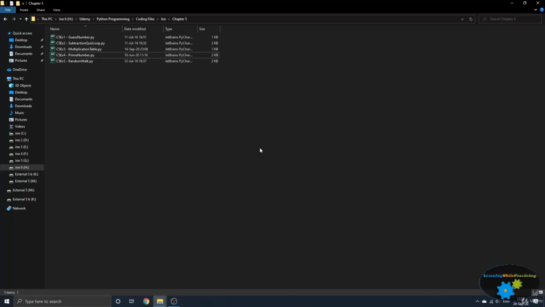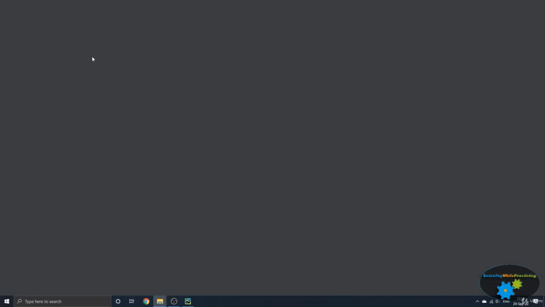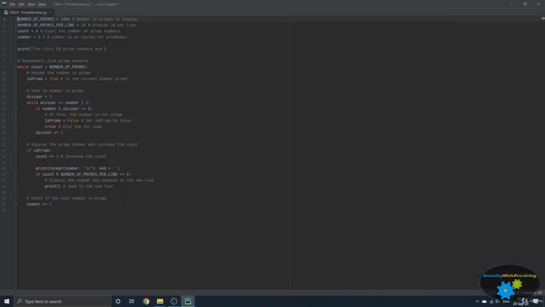Let's take a look at example number 4, which deals with prime numbers. So in this code, what we are going to do is actually display the first 1,000 primes. We have set a variable called number of primes, which is going to be equal to 1,000. And the number of primes per line, for the sake of the aesthetic display, is going to be 10 numbers,